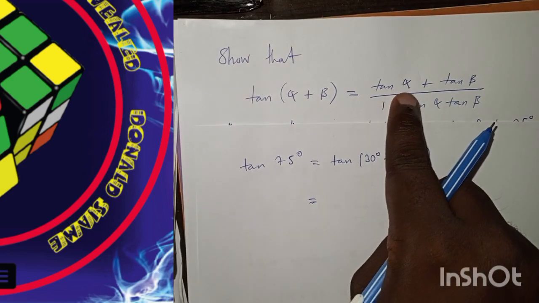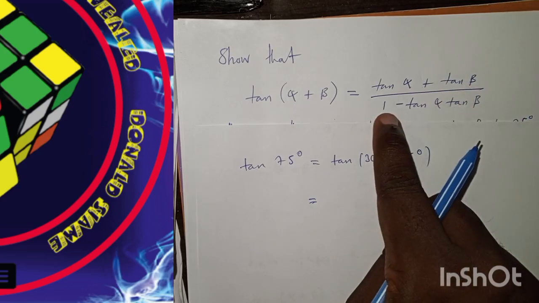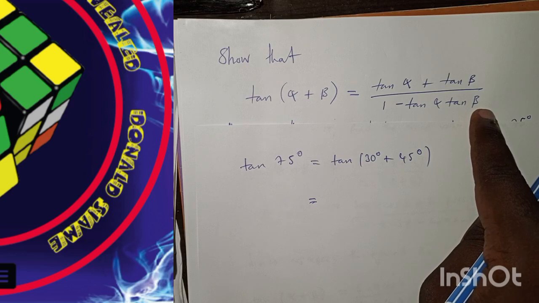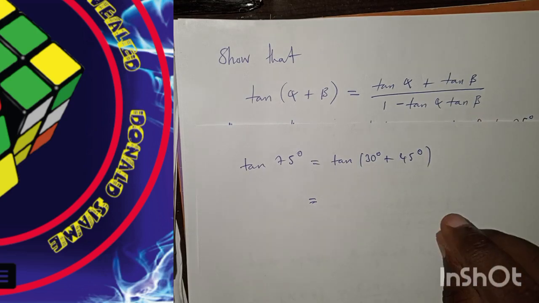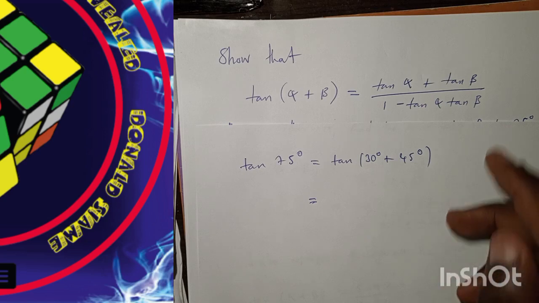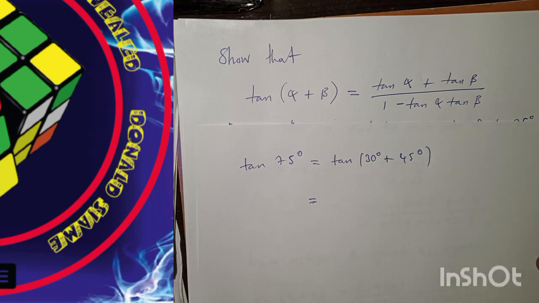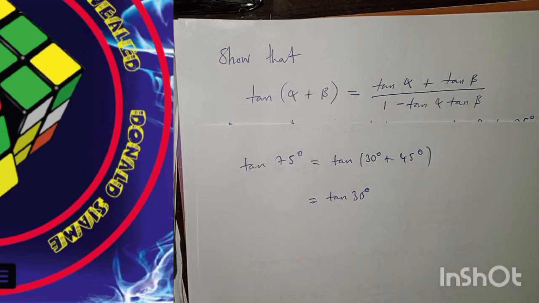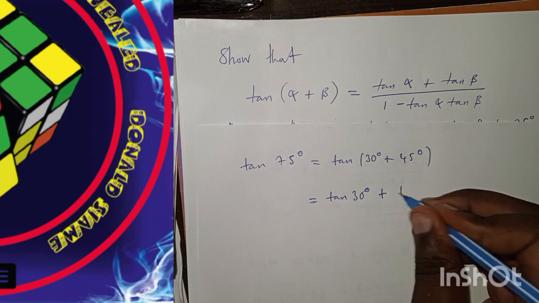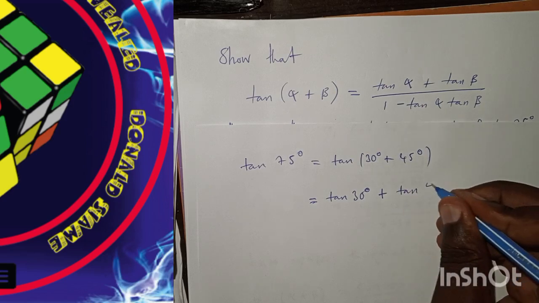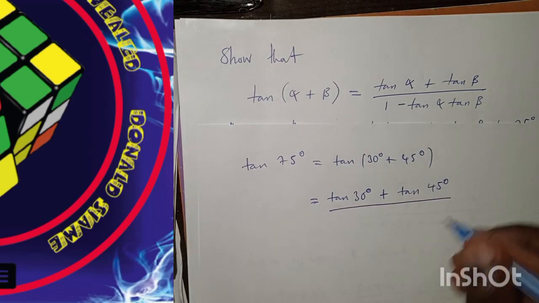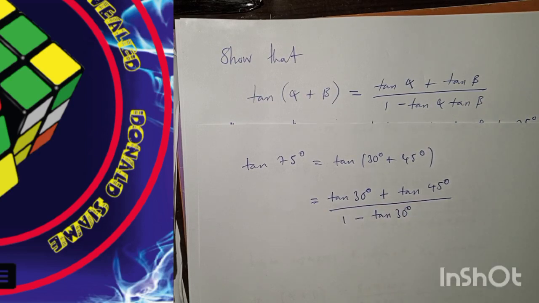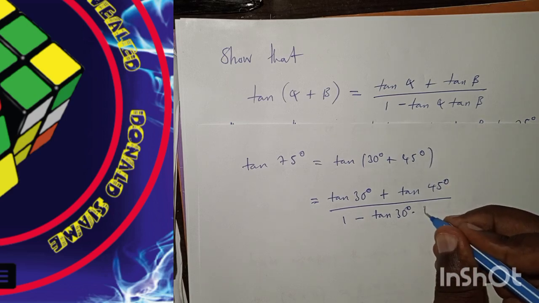The identity is tan alpha plus tan beta over 1 minus tan alpha times tan beta. Where alpha is 30 degrees and beta is 45 degrees. So just substitute. So we are going to have tan 30 degrees plus tan 45 degrees over 1 minus tan 30 degrees times tan